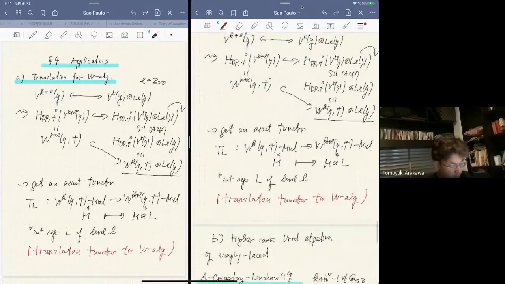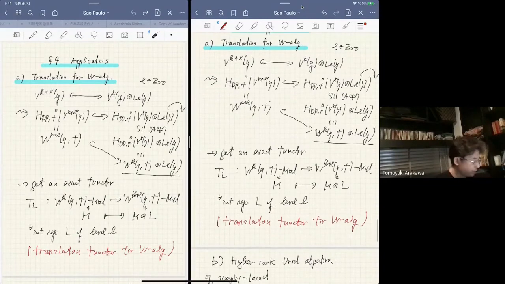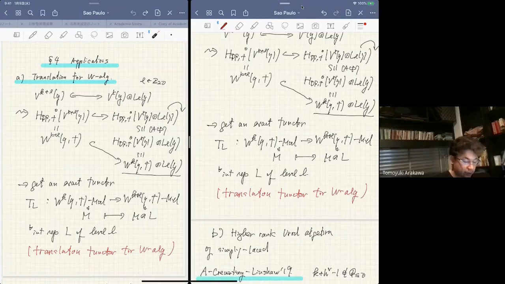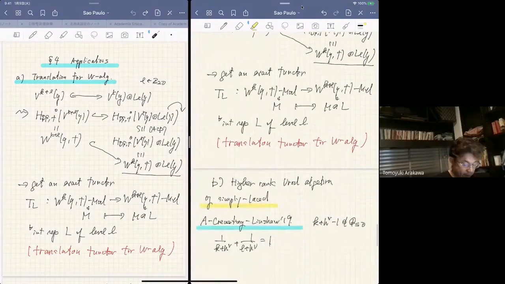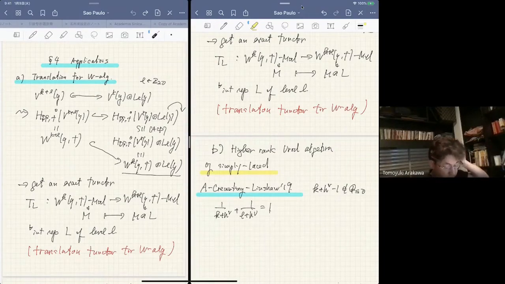Okay, so this is one application, and another application is a higher rank Urod algebra, as I promised. For this, I have to assume that G is simply laced. And then there's another description of double algebras, which is called coset construction. So I have to assume that K satisfies this property. I forgot to say, check with the dual Coxeter number. And I define L to be a number satisfying this relation. And then the statement: